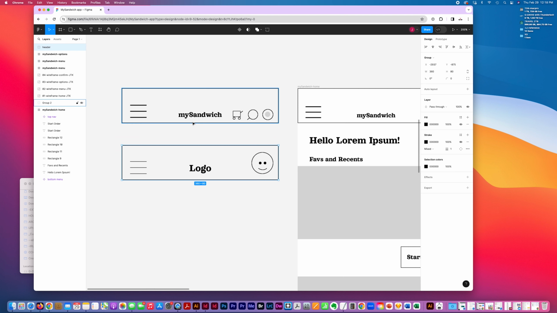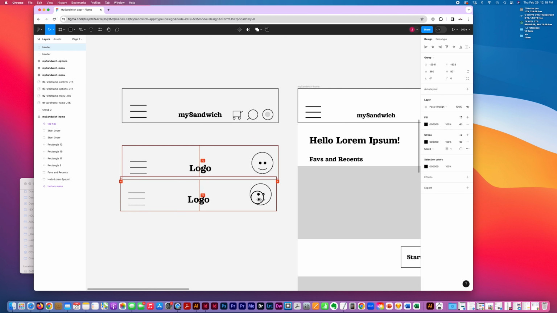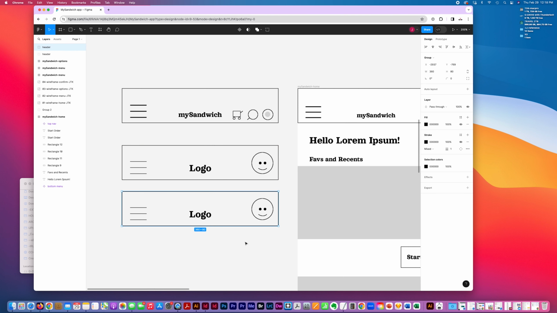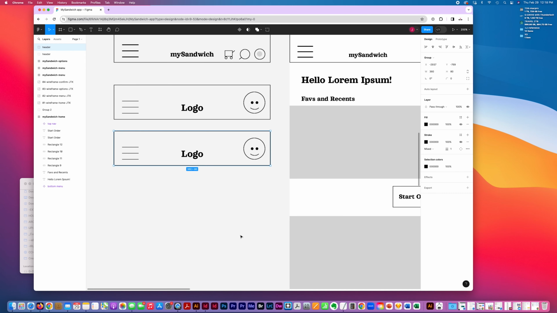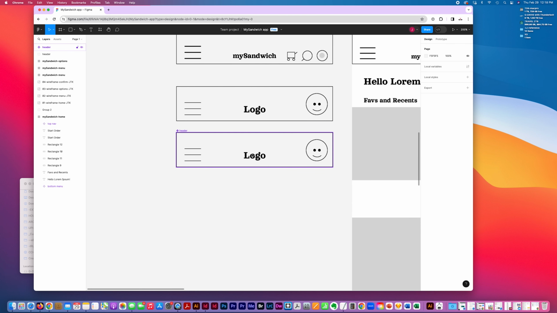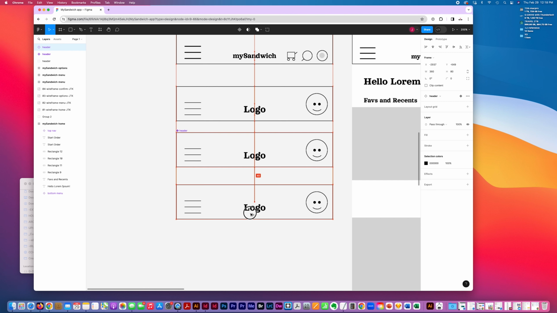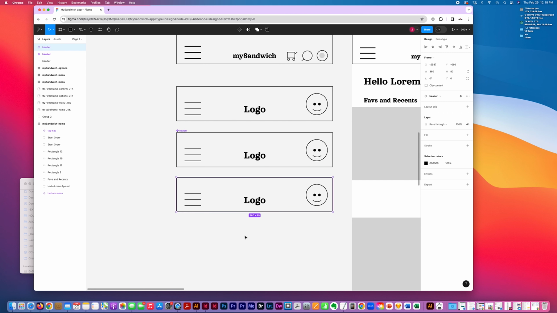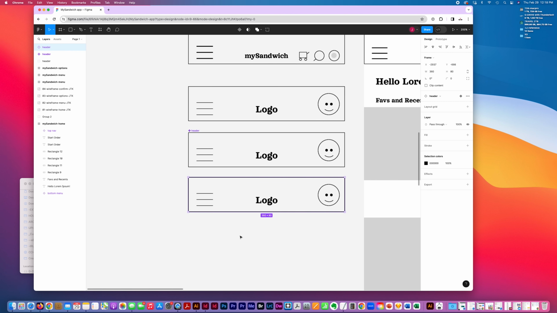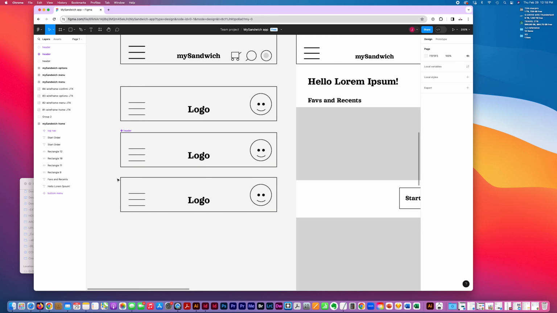And now the way you create a component, I like to copy it just for reference. I don't know why. It just makes me feel better about creating a component, even though you can turn it back into a frame. So here, component, so it's a header now. So if I were to duplicate this as a component onto another frame, and then I want to make changes, for example,